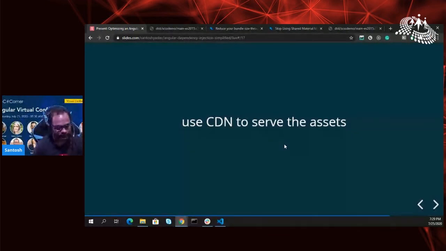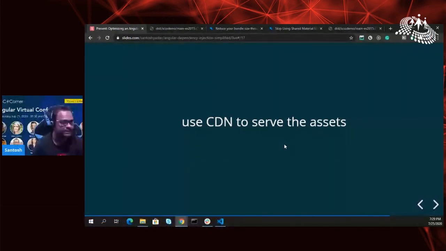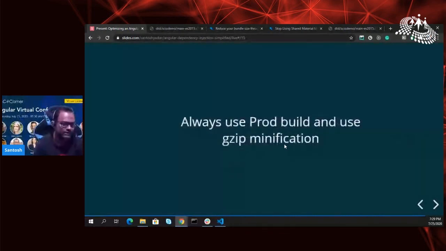Use a CDN to serve the assets. A lot of developers add all the images to their assets folder, right? Of course, that's the easiest thing to do, but I would suggest you go ahead and use a CDN. With a CDN, you have low network latency, high availability and better analytics. You'll be able to see from where people are accessing your website, and it decreases the server load. So you are not going to serve 1 MB of image from your server. It is deployed on the CDN, and the CDN will take care and serve the image from the nearest location, right? This is what happens in a CDN.